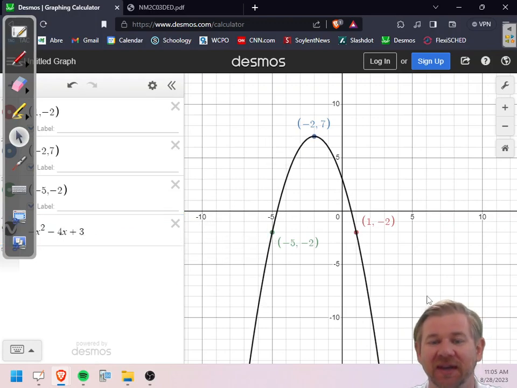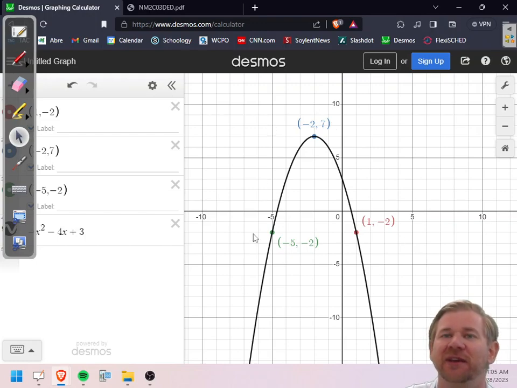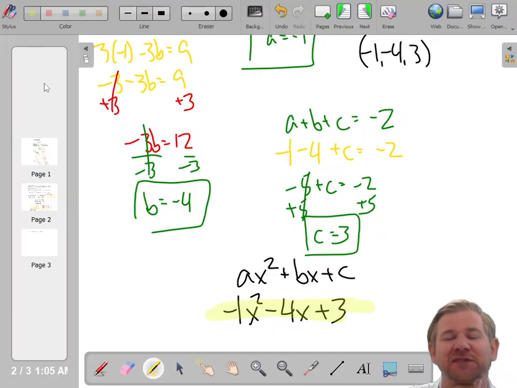Got him. Okay? So we created a system of equations, and then we solved that system of equations. And by solving that system of equations, we found the coefficients that will hit those three ordered pairs. So that's pretty cool. And if you are able to do this, I'm going to give you guys some bonus points because this is a pretty cool